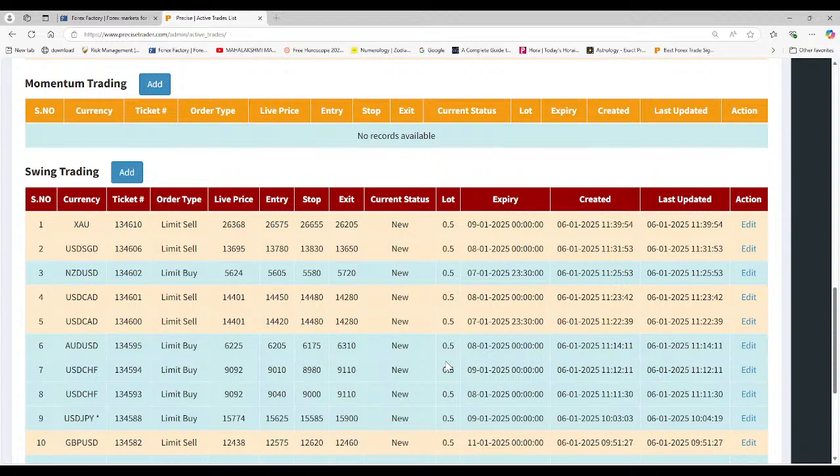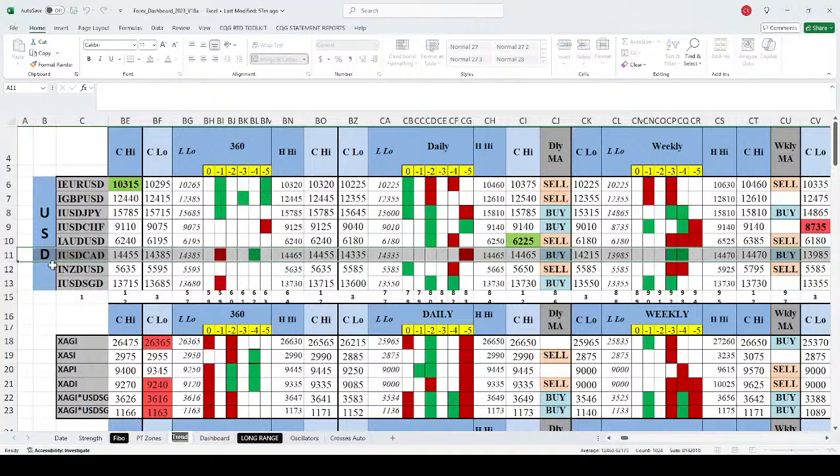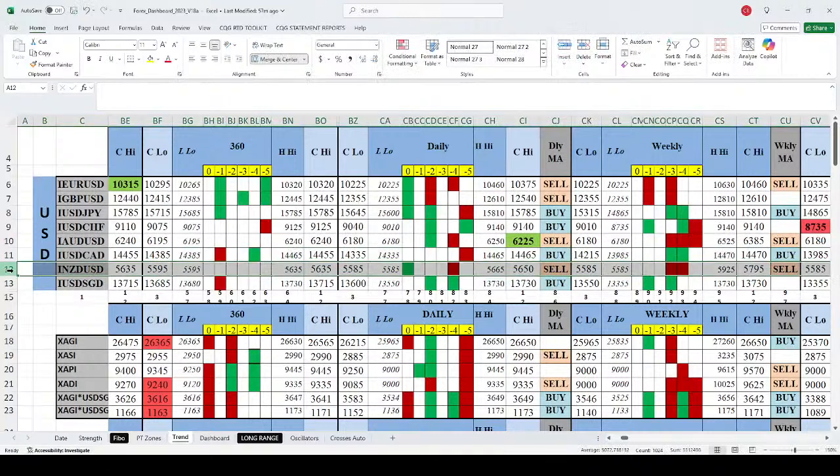And remember, we also have Canadian data, Canadian employment change and all, which is this Friday, so we might get some big movement on this currency, right? So take note on that. Okay, let's move on to the next currency. The next currency we are going to talk about is New Zealand dollar.